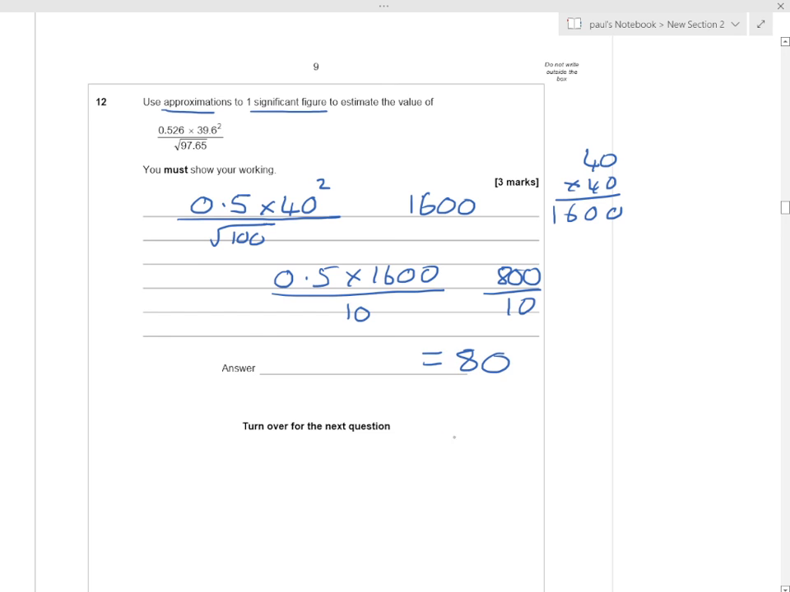Yeah? So there are all the questions, whether you're doing higher or lower, that appear in both the foundation and the higher paper. Okay,